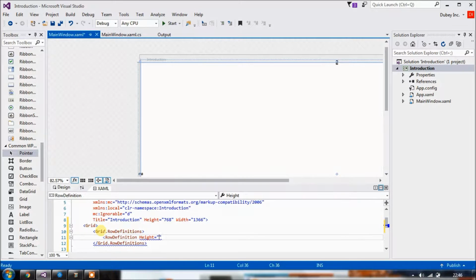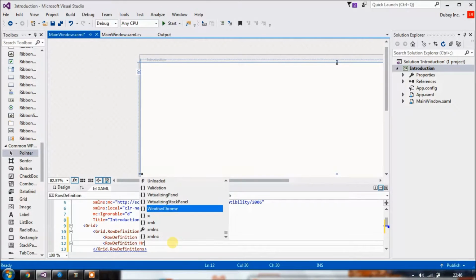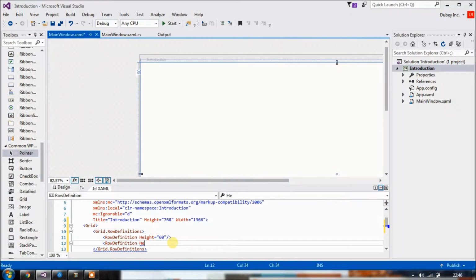Like suppose you want the first row to be of height 60. And then you need to write another row. Suppose say 20. So we have a first row of height 60, and